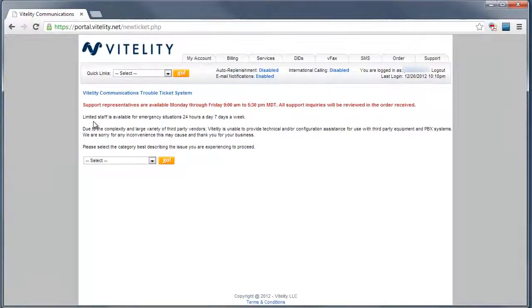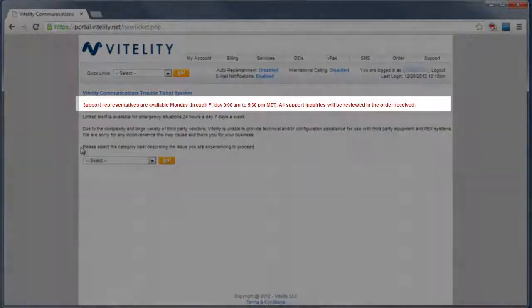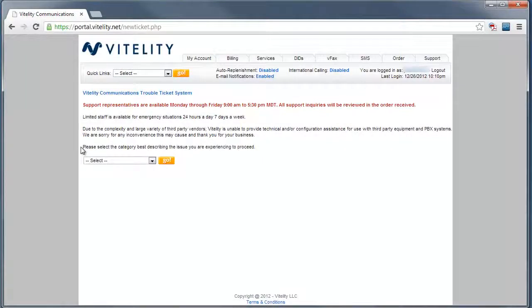When I create a new help ticket, notice a couple of disclaimer points that we have to point out here. Our first disclaimer is that we are only available under normal business hours, which are from 9 a.m. to 5:30 p.m. Mountain Daylight Time. All support inquiries received during this time frame will be reviewed in the order in which they are received. If you're calling in after hours, make sure it's an emergency situation because we do have limited staff available for